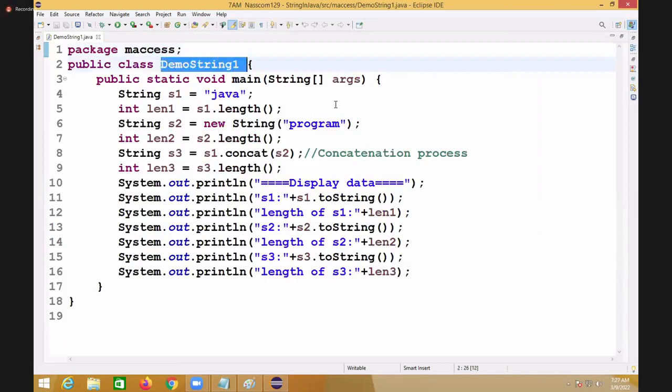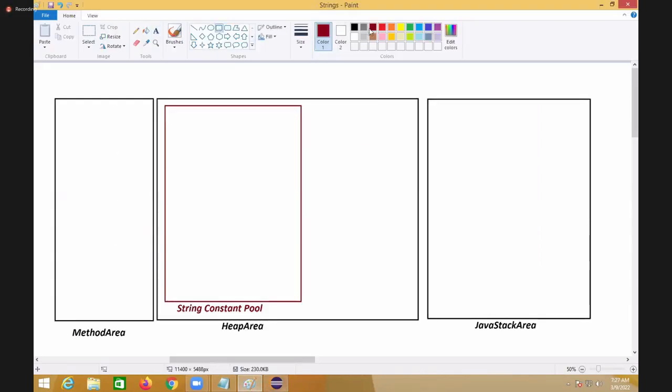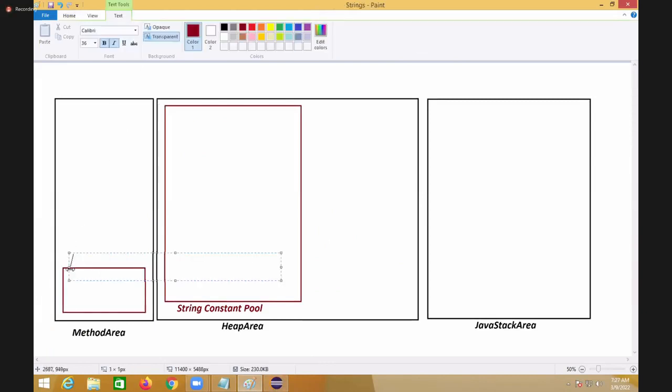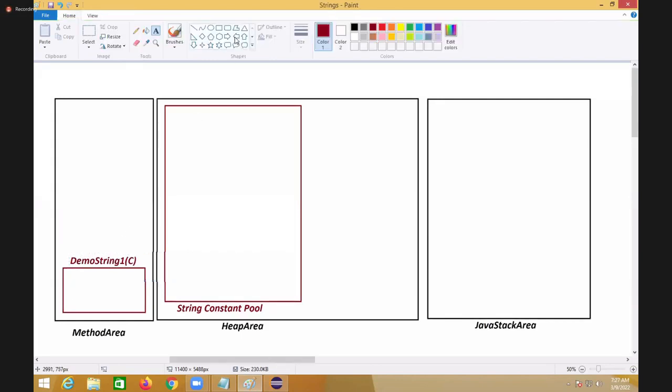Demo string 1. That demo string 1 will be loaded here. The class will be loaded here. Demo string 1 class loaded, having